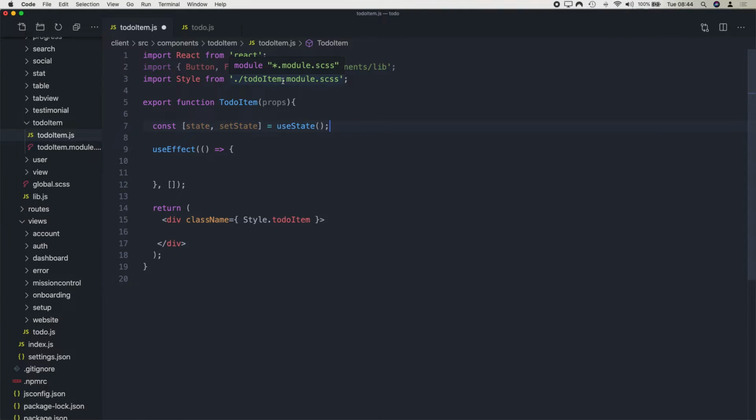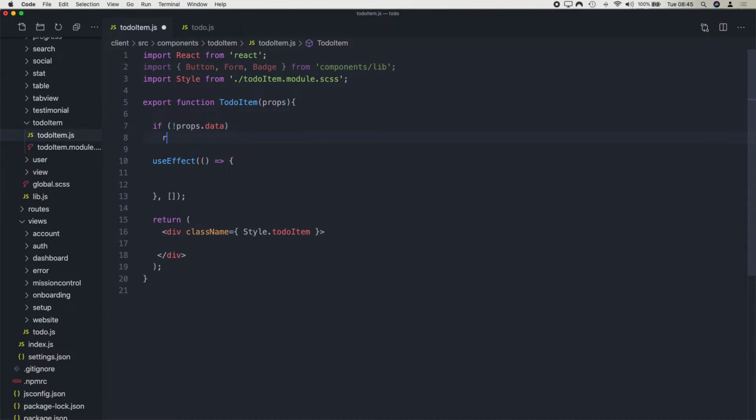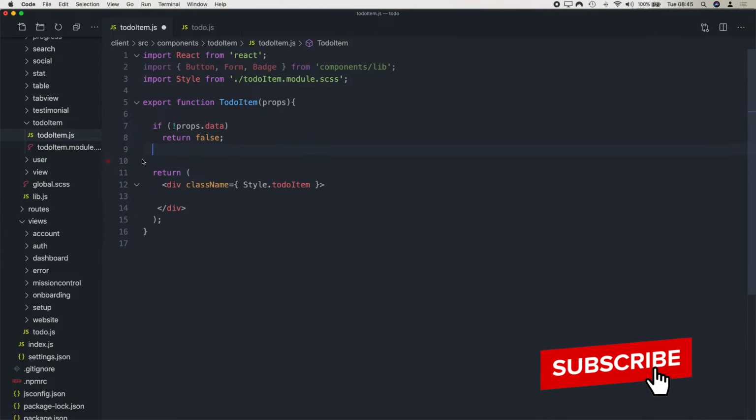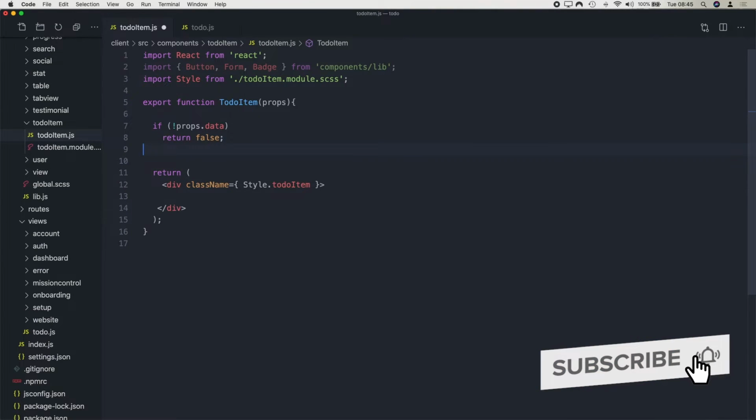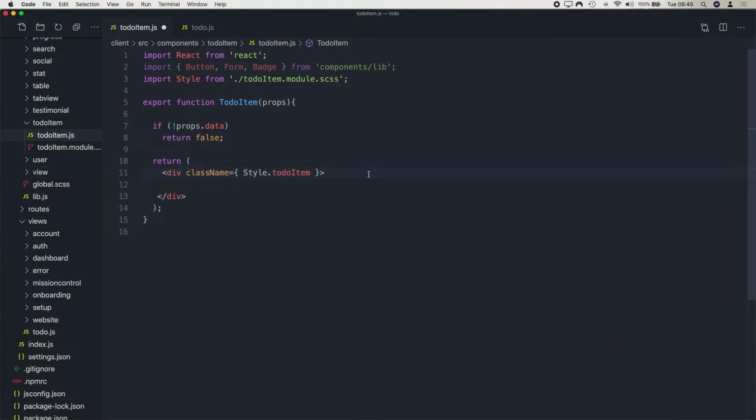We've imported our style. We don't need any state here, but first thing we'll do is if there's no props data passed in, we'll just return false. So we'll not render anything, and then we don't need use effect. But what we want to do here is render